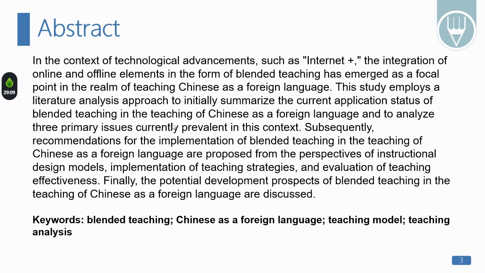Abstract. In the context of technological advancement, such as Internet Plus, the integration of online and offline elements in the form of blended teaching has emerged as a focal point in the realm of teaching Chinese as a foreign language.